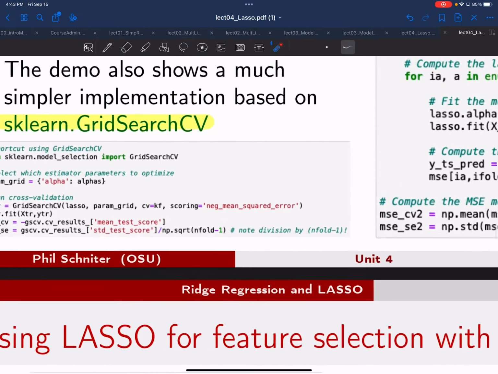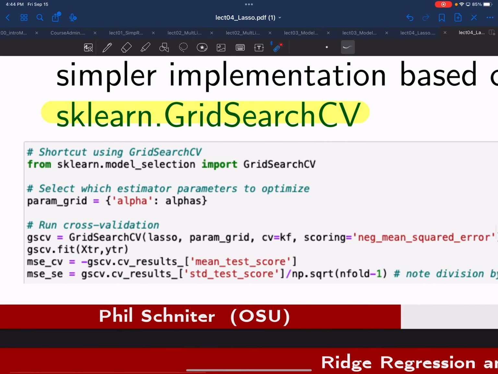Whichever one you want to use, you create that object and you stick it in here. The last thing you have to tell it is what score you are going to be using. Just like last time, we're using negative mean squared error. So now that this is all set up, you give it your training data and you run fit, and now